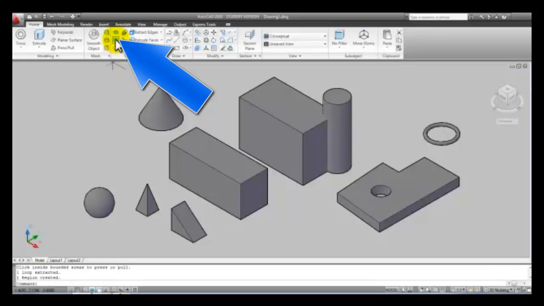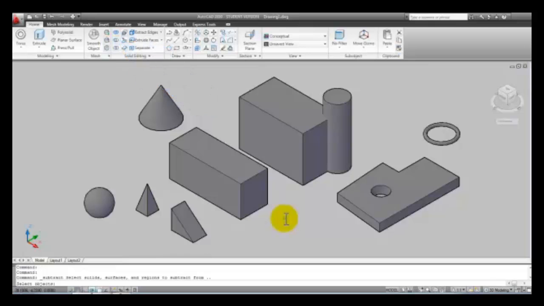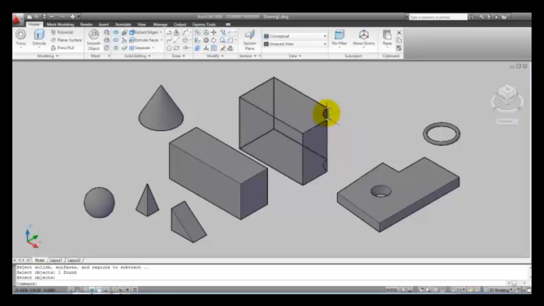I'll go ahead and pick the subtract icon. If you read your command line, you'll notice that it says select the solids to subtract from. So we're actually subtracting from this box. I'm going to select the box first and then press enter. Then your command line says select the solids to subtract. I'll select the cylinder and then press enter. And notice here that you've got that curved wedge